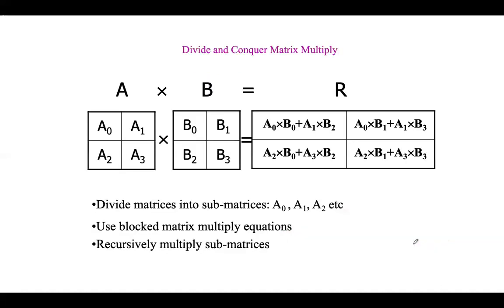Okay, let's see the Strassen method, how it works. Again, it follows the divide and conquer approach, Strassen matrix multiplication. Assume we want to multiply A and B, and the resultant matrix is R. And we assume that n will be a power of 2, and the order of matrices A and B should be the same. Okay, why a power of 2? You can see here.